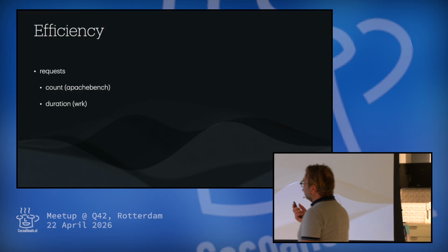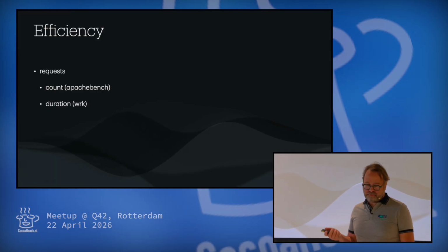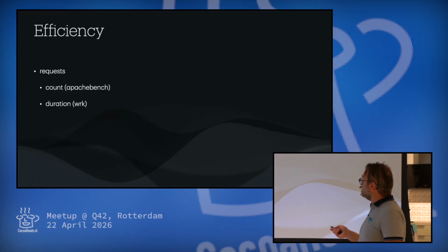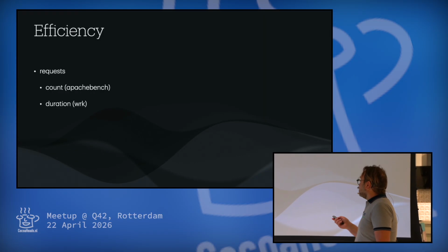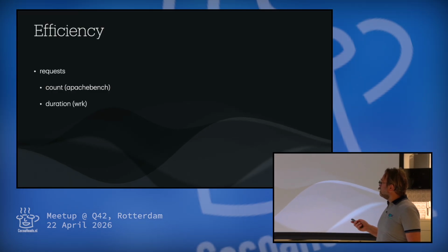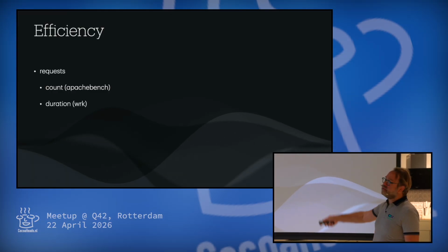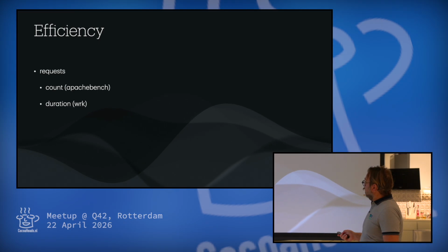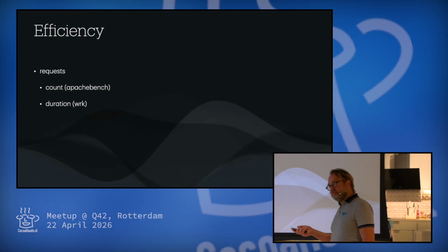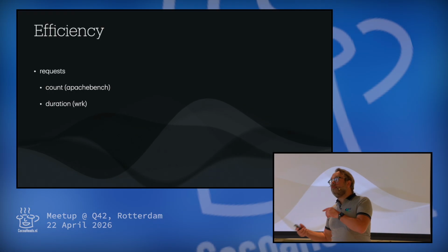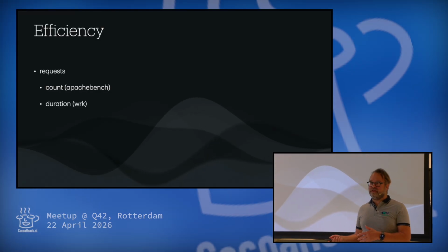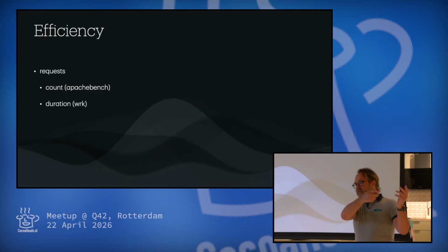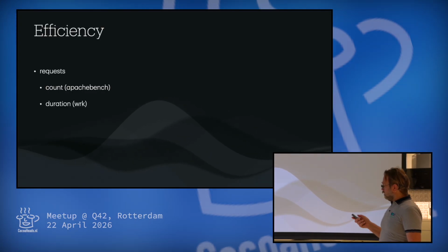So how do I test it? There's special benchmarking software for websites, and I knew the one called Apache Bench, because it's like 20 years old, and I'm 20 years old, so that's cool. What you can basically say there is, okay, do 10,000 requests for this website, and see how long that takes. But the problem with Apache Bench is it's very old, and it doesn't support HTTP 1.1 keep-alive, which means for every request, it opens a new connection, does the request, closes it down. So it's very slow. And I thought, oh, that's not very good.